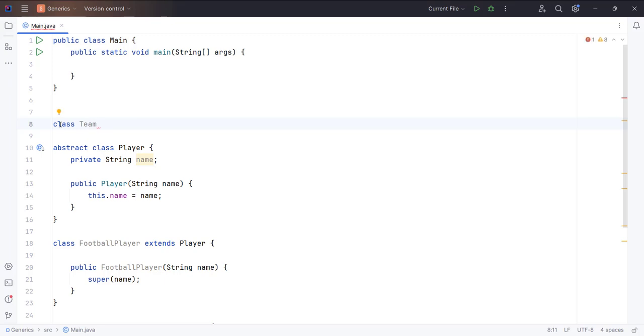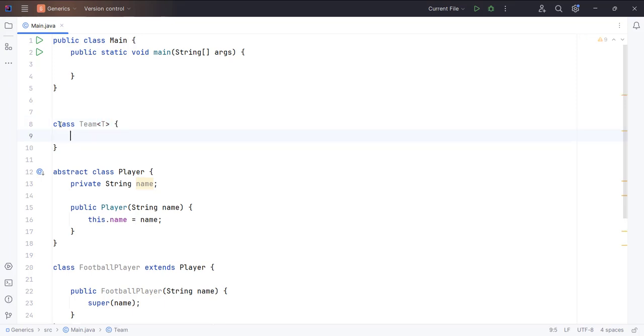And this Team is gonna have a generic type. So I'm gonna put angle brackets and I will put here T. So this is the generic type. I will put curly braces and press enter. Now I will create a method. I will type here the method name, which is going to be addPlayers. So I'm going to type public void